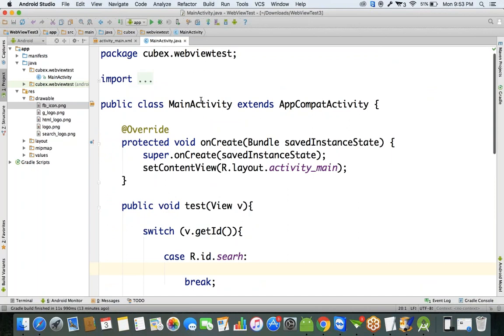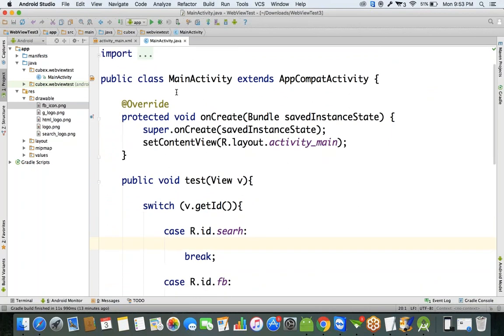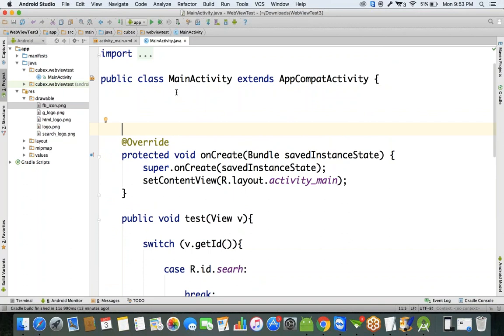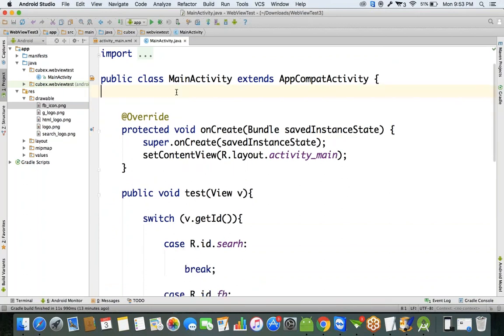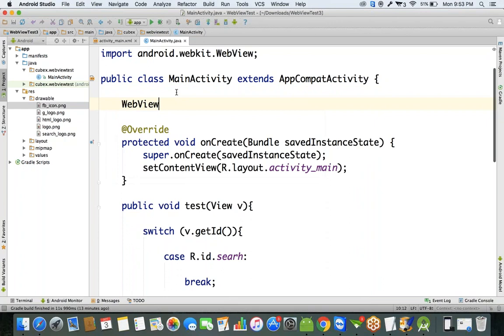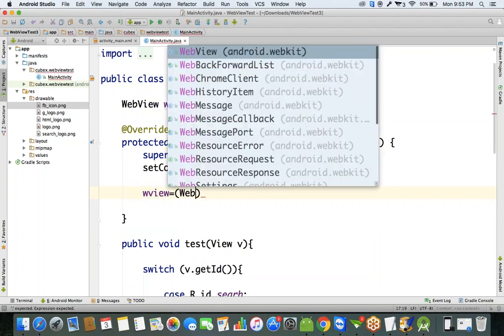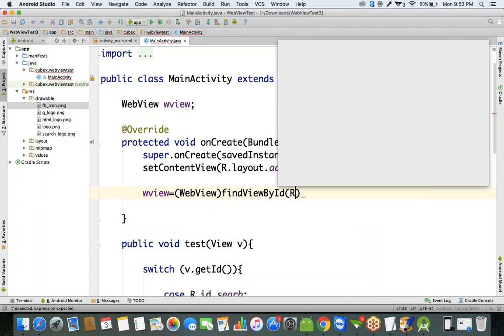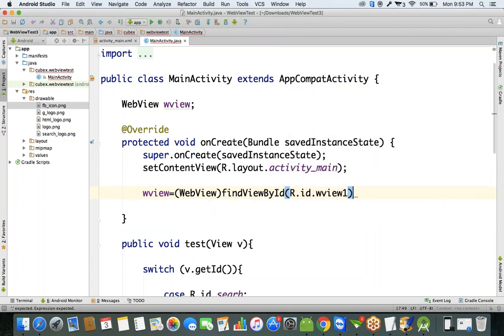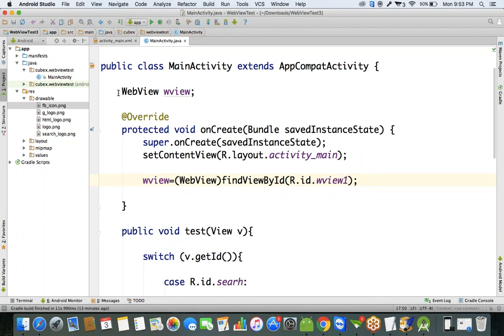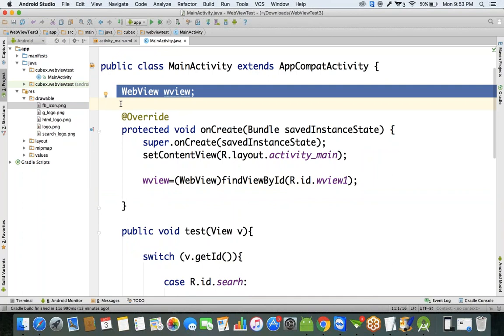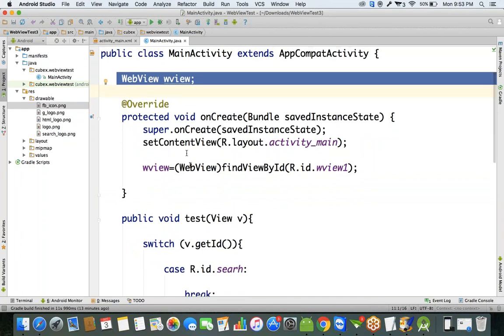So first, in our activity XML file, we have to create a UI component called WebView. Then get that WebView component into your activity's onCreate method. WebView equals findViewById, R.id.webView is the method so that you get the WebView component into your activity class. Now, whenever the user selects the search button,